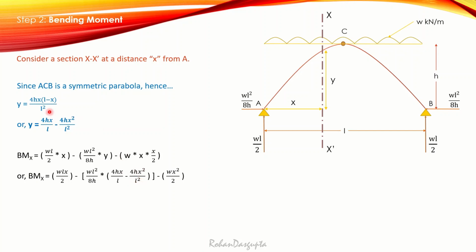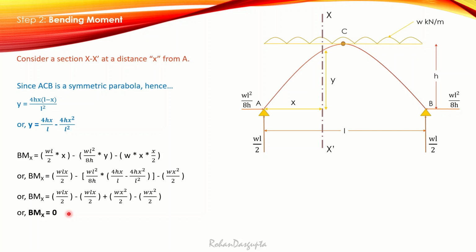I got that value from here. Okay, I got that value from here. Now if I just simplify each and every term here, just open the brackets of everything, you will get WLX by 2 minus WLX by 2 plus wx square by 2 minus wx square by 2. So you see the first and the second term are getting cancelled, the third and the fourth term are getting cancelled. So ultimately I can write here that the bending moment at x is equal to 0,